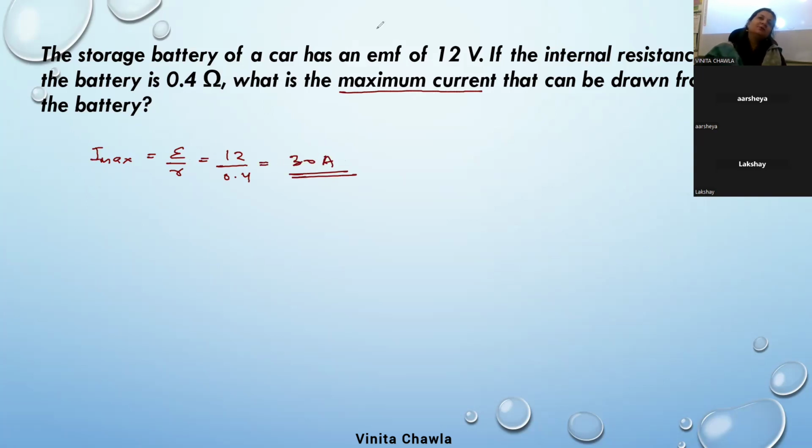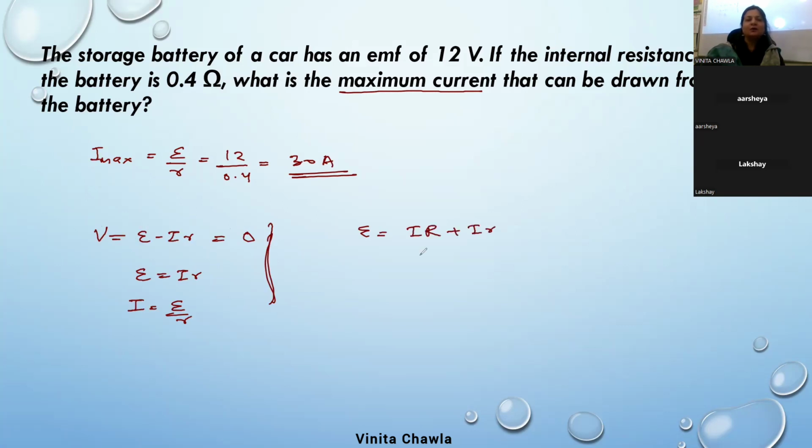इसको क्वेश्चन में ना, इसमें हम क्या करते हैं कि अगर मैक्सिमम करंट ड्रॉ कब करेगा, आपने वो V इज इक्वल टू E माइनस Ir किया हुआ है ना, उसमें भी पुट दिस इक्वल टू 0, तो आपका V इज इक्वल टू I R आता है और I इज द मैक्सिमम करंट। एक तो यह वाला कॉन्सेप्ट लगाते हो, सेकंड आप यह लगाते हो कि आपका जो E है, E इज इक्वल टू I R प्लस I r, ठीक है, तो I कॉमन, ब्रैकेट में R प्लस r, तो यहाँ से भी फाइंड I इज इक्वल टू E अपॉन R प्लस r, तो रेजिस्टेंस 0, तो आपका मैक्सिमम करंट आ जाएगा E अपॉन R।